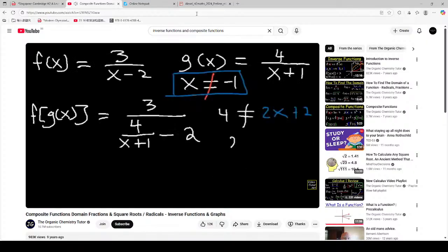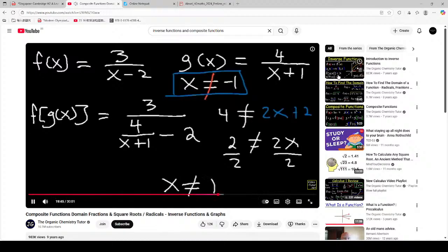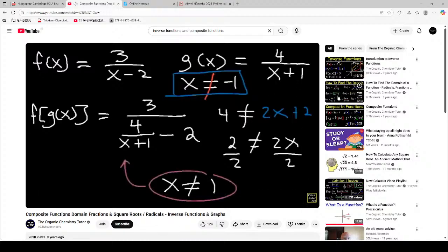If we subtract both sides by 2, 2 cannot equal 2x. So x cannot equal positive 1. And you can check your answer by plugging in. If you plug in 1, 1 plus 1 is 2, and 4 divided by 2 is 2. 2 minus 2 is 0. We can't have a 0 on the bottom, so x